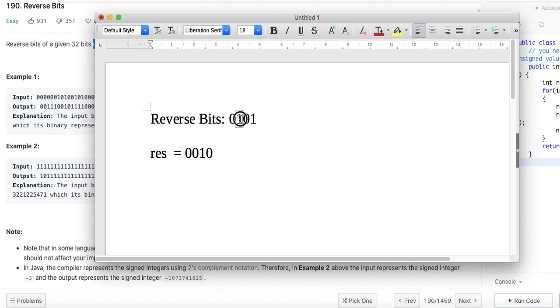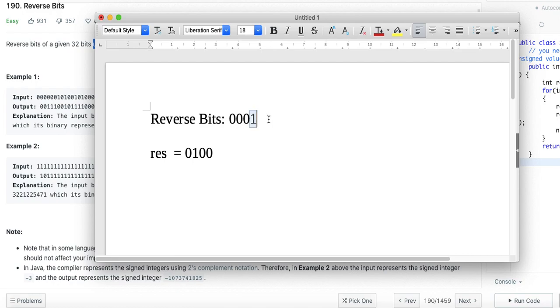Then I'll go to the next bit. I have processed this bit, so I'll shift the input to the right, and it becomes like this. Now I get this bit, and I have to set it in the result. It's already 0, so it gets set with 0. Once I set this, I can shift the result again, and I shift the input to the right.